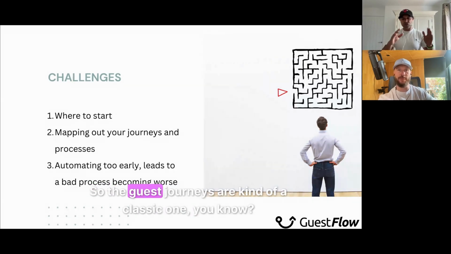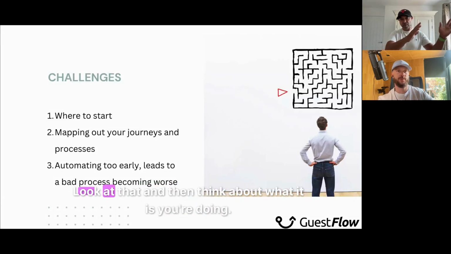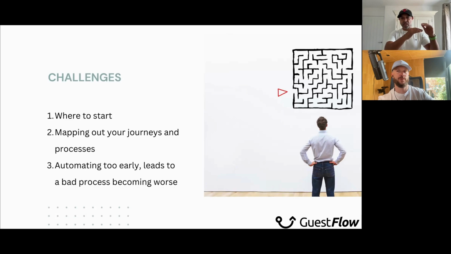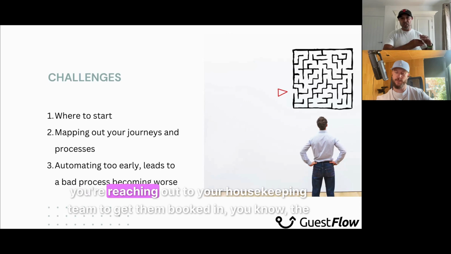The guest journey is a classic one, so they're booked, they're pre-arrival, etc. Look at that, and then think about what it is you're doing at each stage of that journey, right? So as soon as you receive a booking, you're sending a booking confirmation, you're reaching out to your housekeeping team to get them booked in,